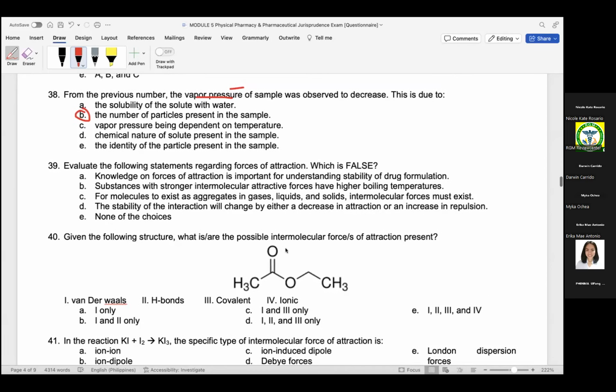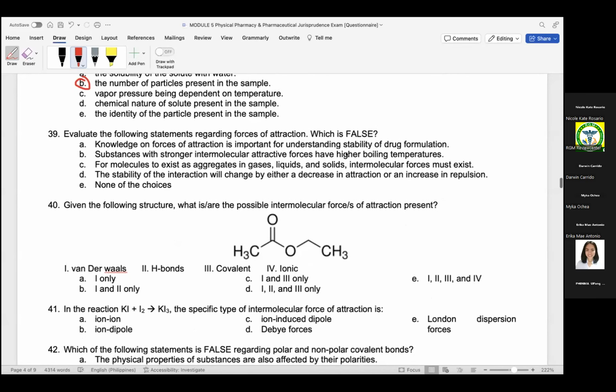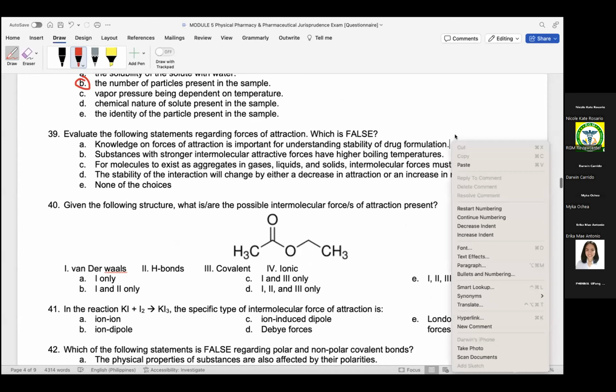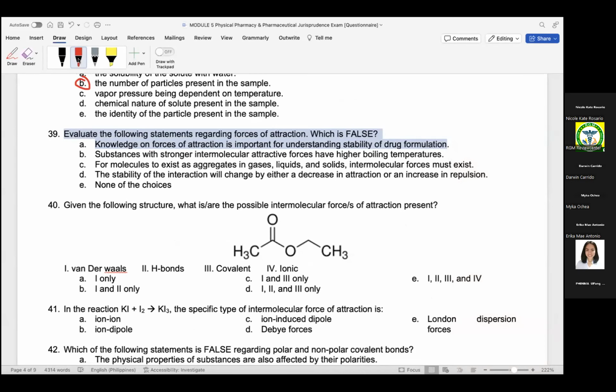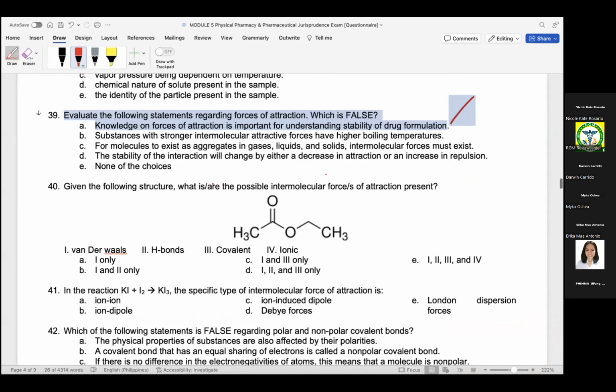Next, number 39. Evaluate the following statements regarding forces of attraction. Which is false? A, knowledge on forces of attraction is important for understanding stability. That's true. Next. This is true: substances with stronger intermolecular force of attraction have higher boiling points. This is also true. For molecules to exist as aggregates in gases, liquids, and solids, intermolecular forces must exist. Tama sana, kaso in-include niyo yung gases. Remember, gases do not have intermolecular forces of attraction. So therefore, this is the